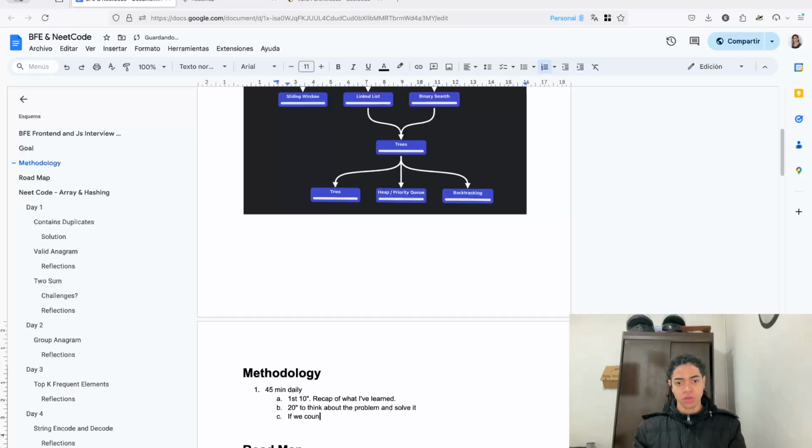If we couldn't solve it, then look at the solution. But the idea here is to see how my brain works, how my brain sees all of these patterns and how they fit together, and also to improve my soft skills